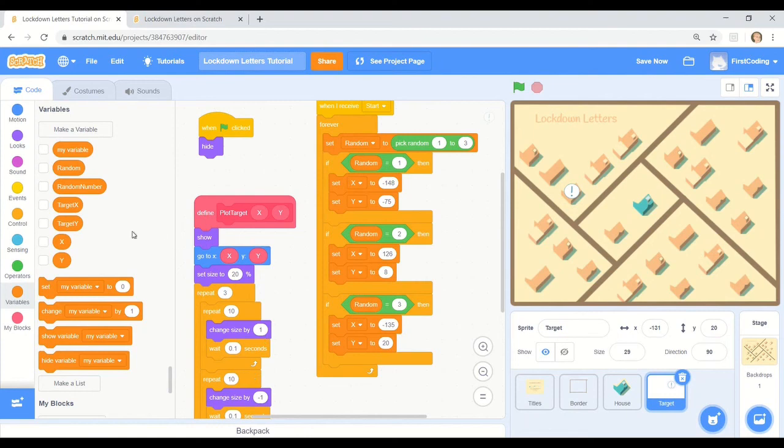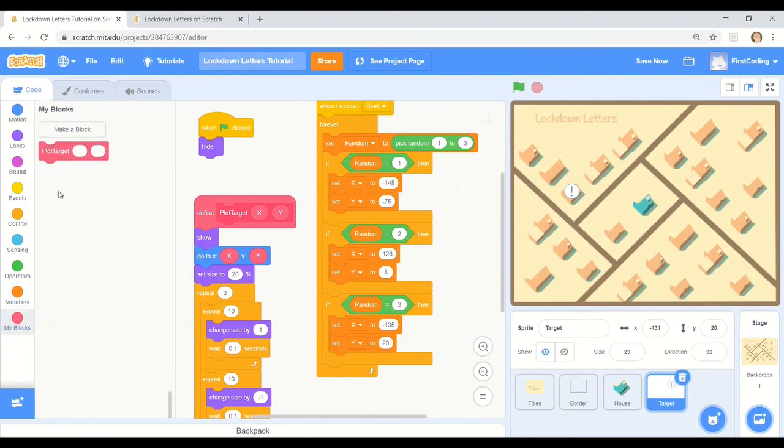To run a function, we go back into my blocks, and you can see here we have a new pink block called plot target. Drag it over and we'll put it in this forever loop. Okay, so as you can see, it sets all the X and Y coordinates, and finally it'll run the plot target function,